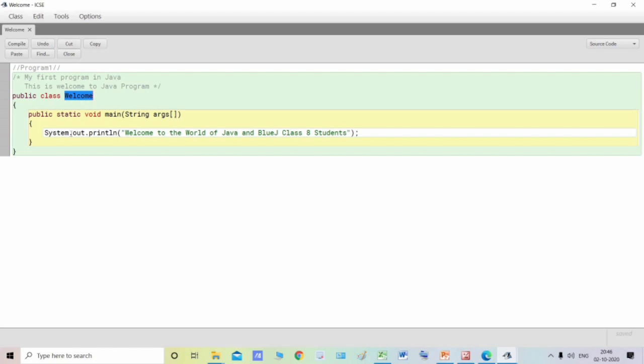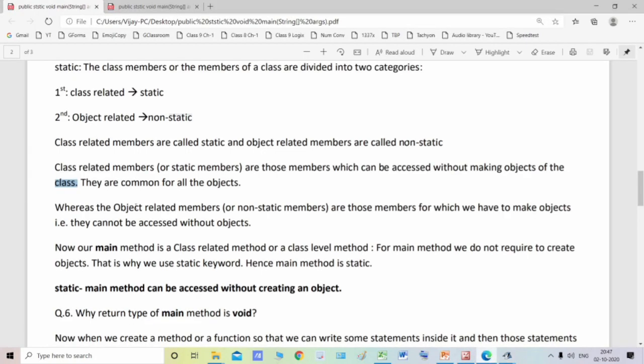Still, this program will run properly and show this output on the screen. You know why? Because our main method is static. Static means we don't need to create an object of that particular class. Even without creating the object of that class, the main method will be executed. That is the meaning of static.